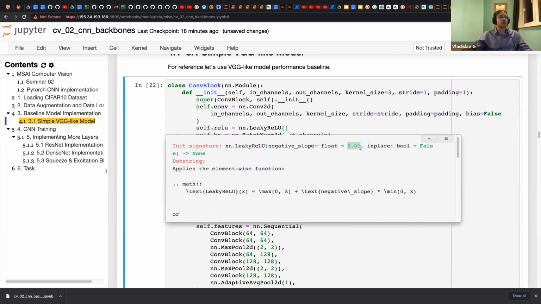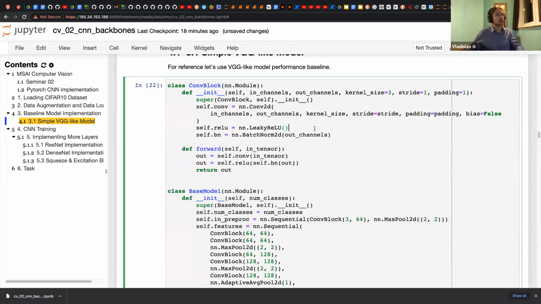of 0.01. Do you remember the leaky-relu and negative slope parameters? Isaac wrote that he doesn't remember, but I think it was about something before. So if you missed something, you could type it once again.